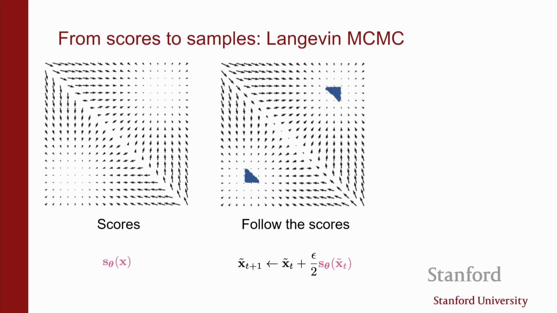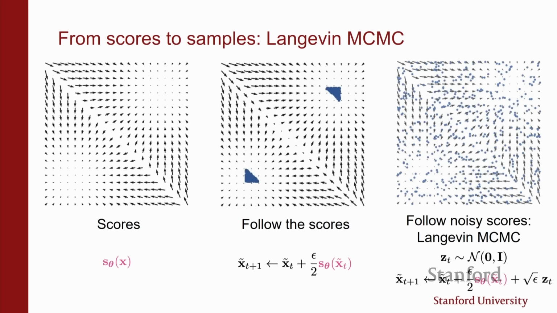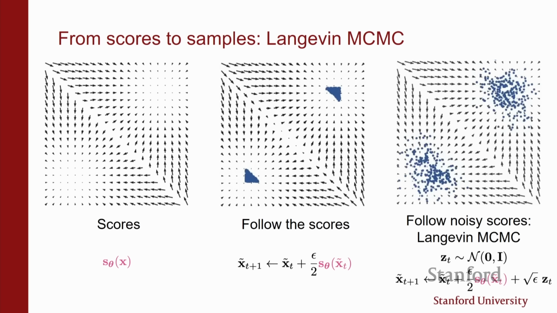Which is kind of right. You can imagine you start with random noise, an image which is pure noise, and then you follow the gradient until you reach a local optimum where you can no longer improve. We know that's not the right way to generate a sample. The right way to generate a sample is to follow the noisy gradient. That's what we call Langevin MCMC, which is exactly the same procedure, except that we also add a little bit of Gaussian noise at every step. And if you run it for long enough, this procedure is guaranteed to produce samples from the underlying density.